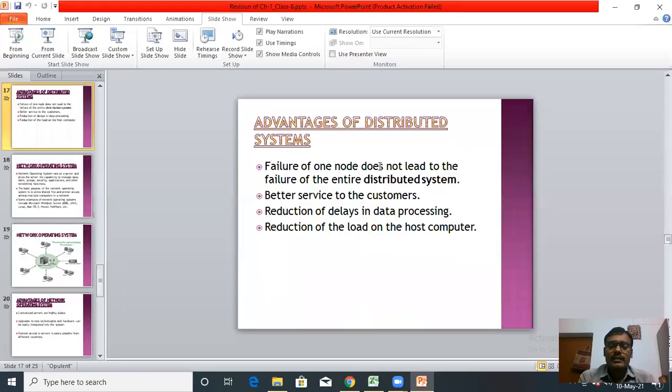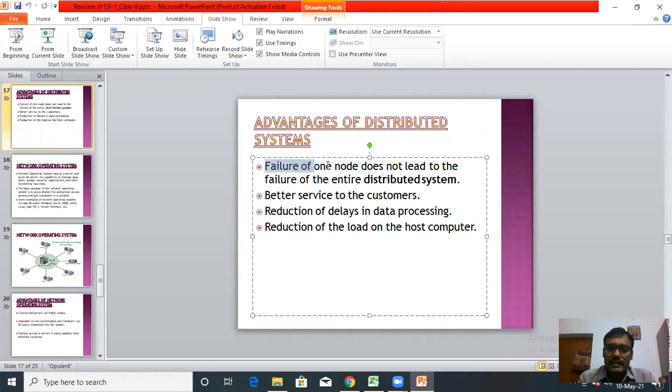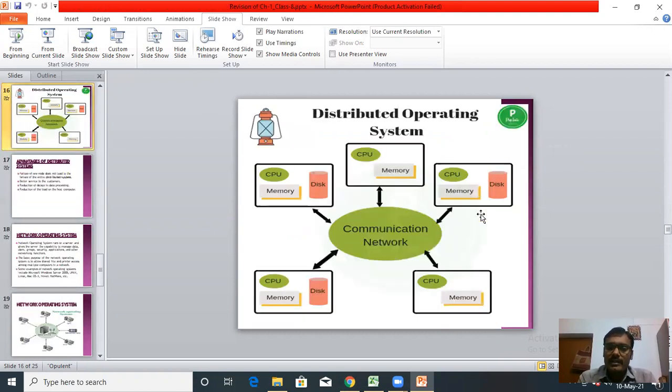Now next one, advantages of distributed system. What can be the advantages of a distributed system? First, failure of one node does not lead to the failure of the entire distributed system. You can see in this distributed operating system, suppose one of the CPUs is not working, there is some error with one of the CPUs, then it doesn't mean that the work will not be completed.